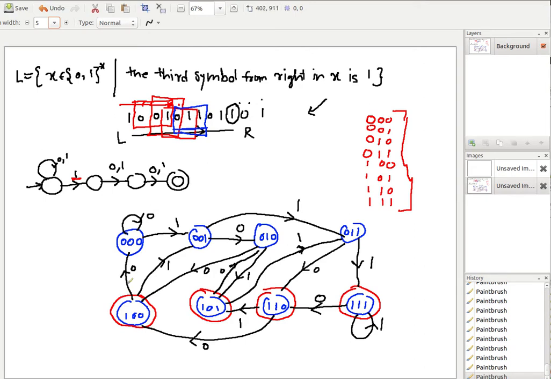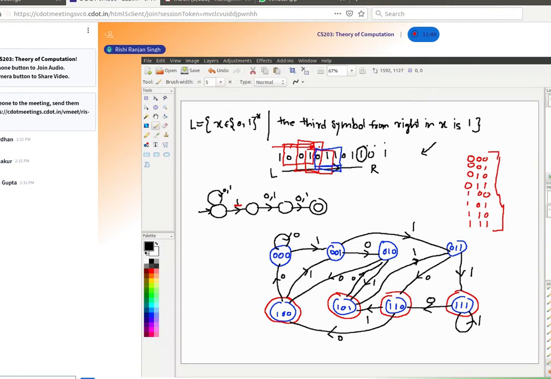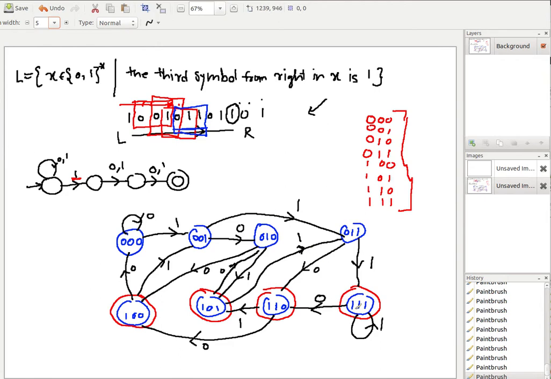Now the remaining part, if I have to really see what remains there, it is just to define the start state. Final state is done. What is the start state? Now for the start state, the problem is that you require at least 3 symbols to enter at this point. So in the beginning for epsilon you are not at any of these places, so you have to create some dummy states in this case. So this is the start state, and in the beginning you are at dummy.